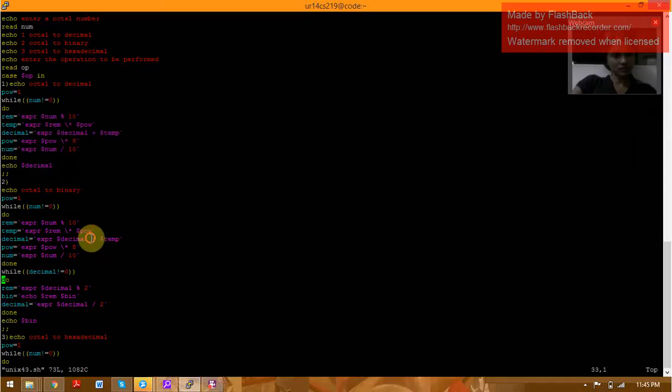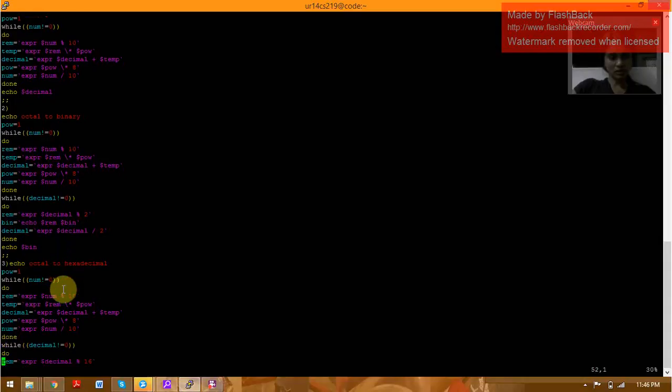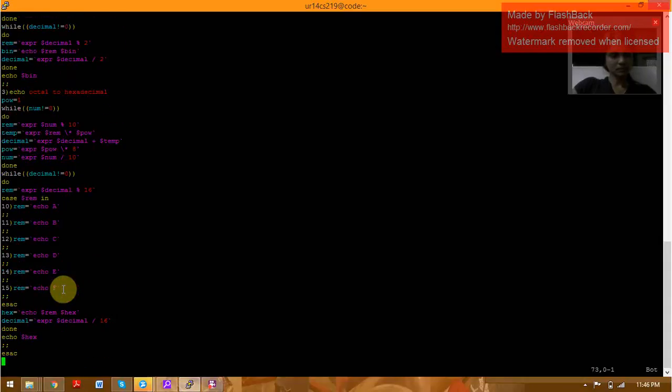Here, after checking these conditions, while decimal is not equal to 0, we have to mod the decimal value by 2 and multiply the binary value into the rem value and divide the decimal value by 2 so that we can obtain the binary value. And for octal to decimal,